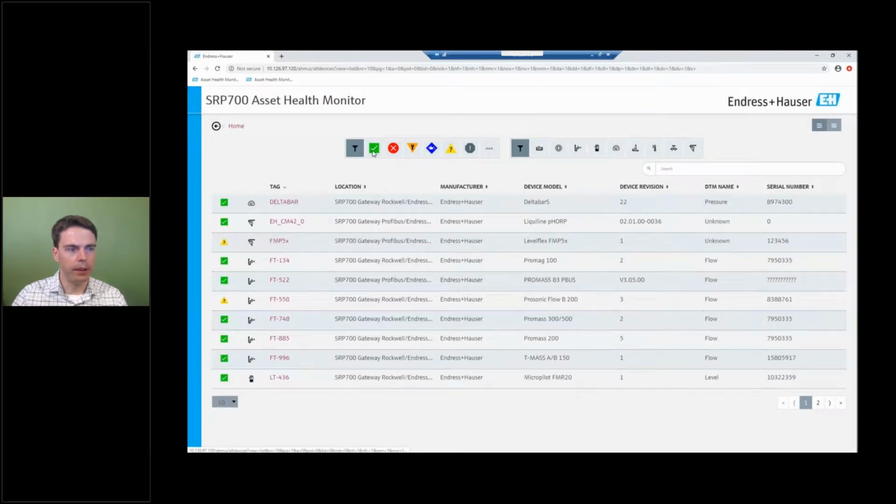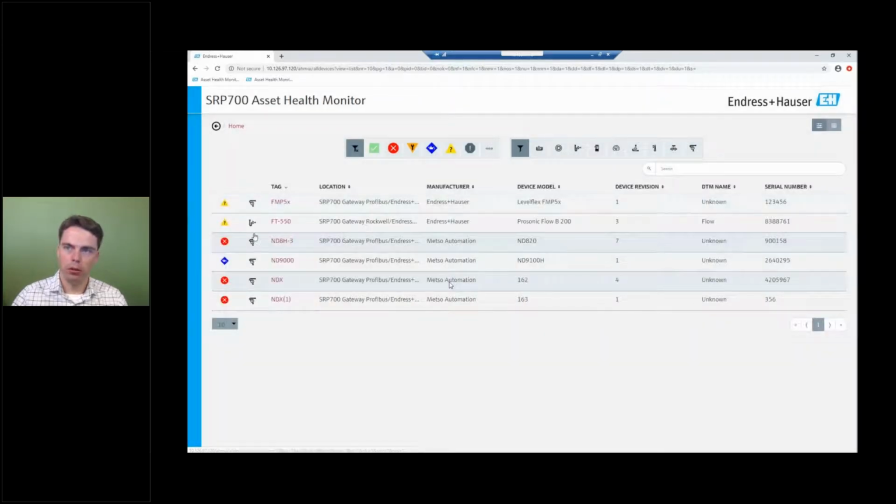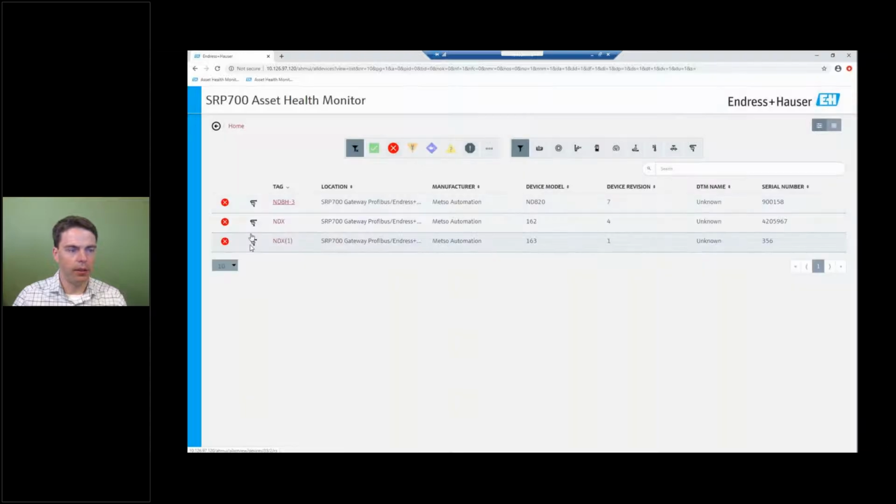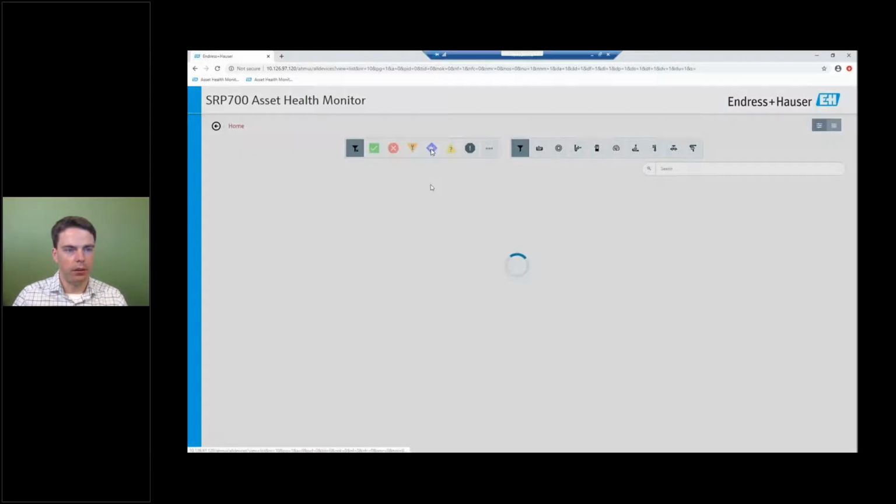So you can see here, if I go here, this is now for the whole system with all the gateways. At the moment, there are 2 gateways connected. So with all the gateways connected, I see a clear overview about what's going on. I can also filter even more, so only the ones that have a failure, or only the ones that